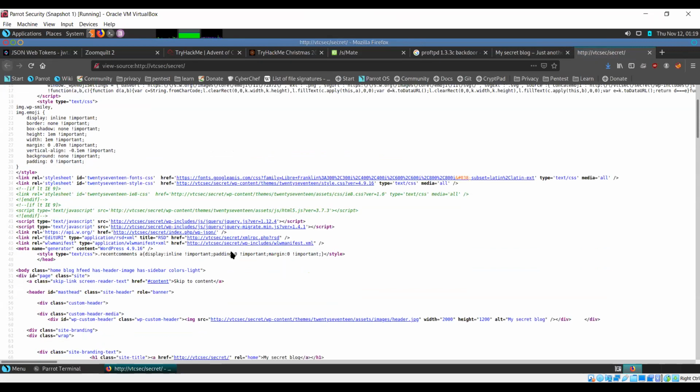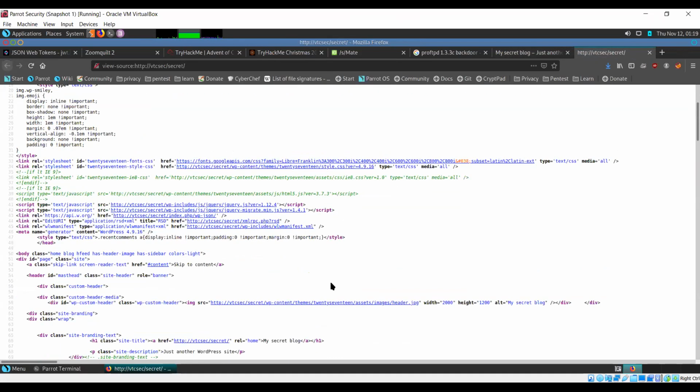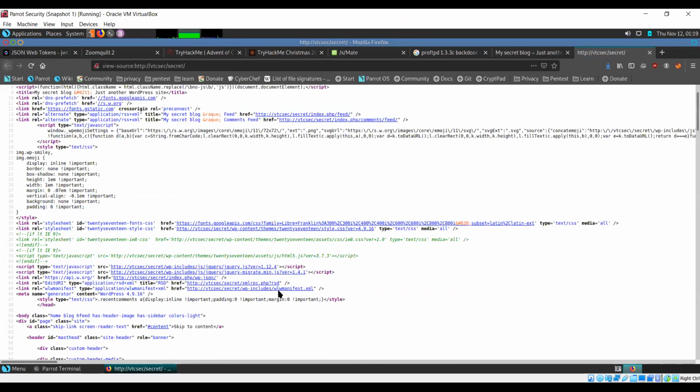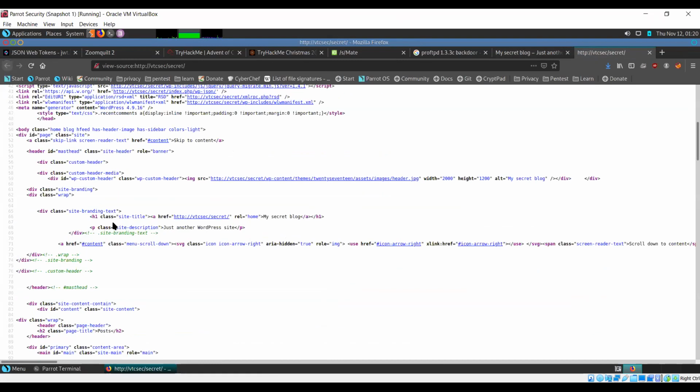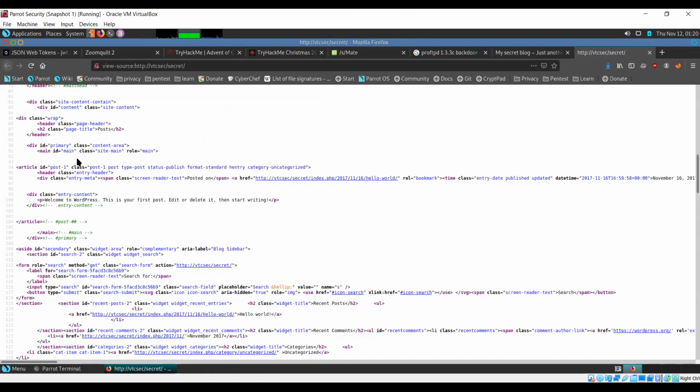In our case, let's see. No, does not look like anything. Not here as well. No. Okay, so the source code does not appear to contain anything that might help us.